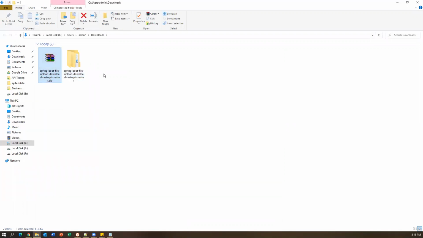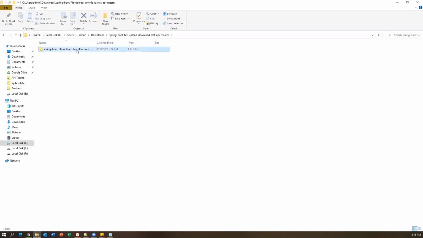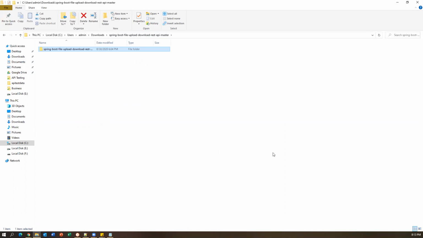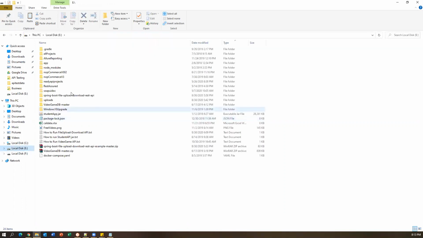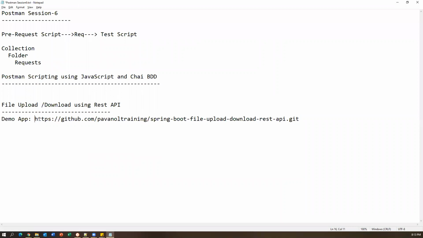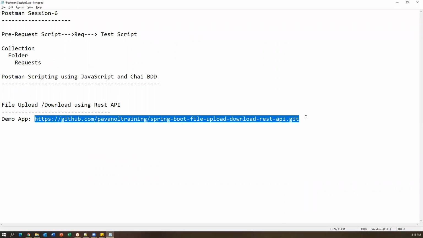Now extract this folder. Once you extract it, you can find one more folder, and inside this you can find a development file. These are the files which I have developed, so you don't need to do anything with these files. Just download this folder and keep it somewhere in your drive, C drive, E drive, wherever. I already put that folder here, Spring Boot file upload, download, REST API. Here I kept all the files. So step one: download the entire stuff in the form of a zip file,